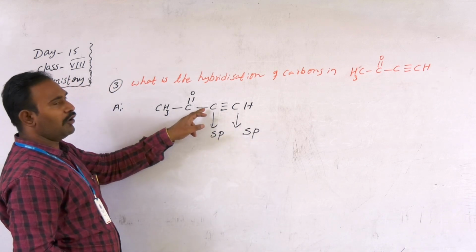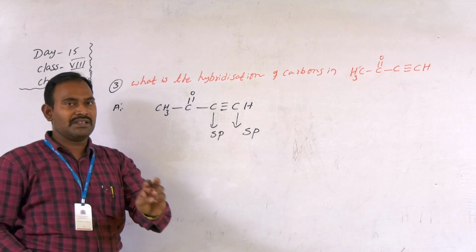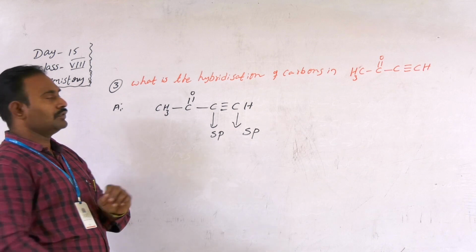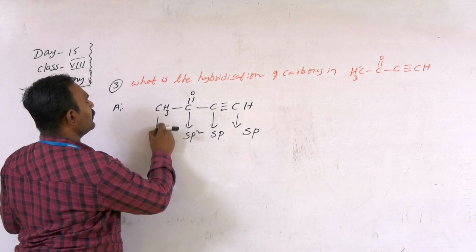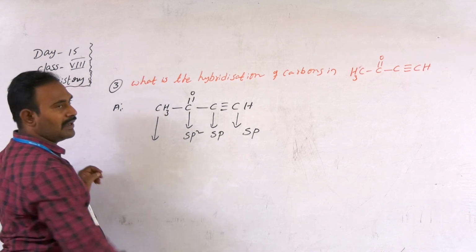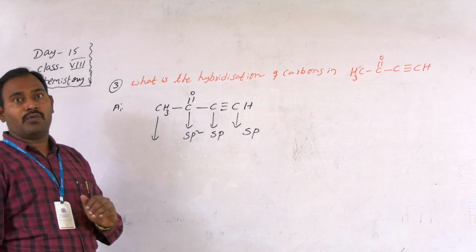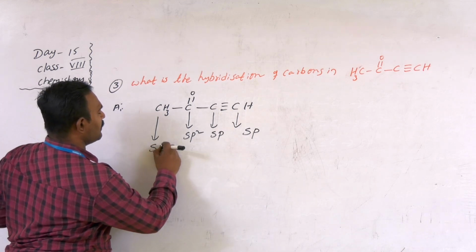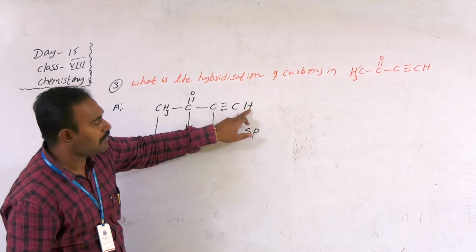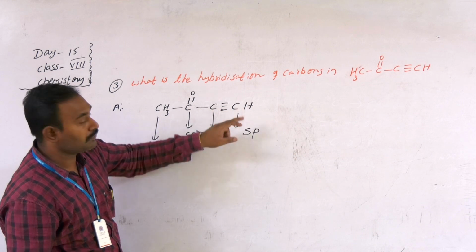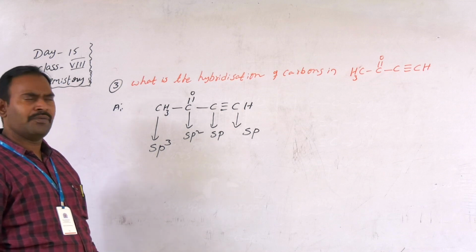Here this carbon, how many sigma bonds are there? One sigma bond, second one, third one. So what is the steric number? 3. So what is the hybridization of this carbon? sp2. Next coming to here, a sigma bond with carbon and the remaining 3 bonds with hydrogen. So what is the steric number? 4. So what is the hybridization of this carbon atom? sp3. If we compare here, one sigma bond with the hydrogen, one sigma bond with this carbon, so what is the steric number? 2. sp hybridization. So we can find it in different ways.